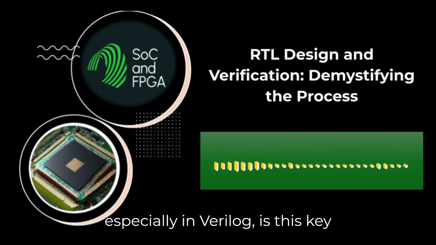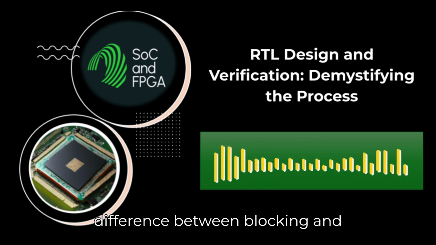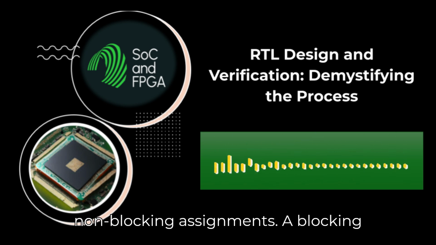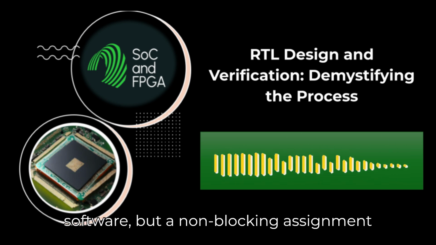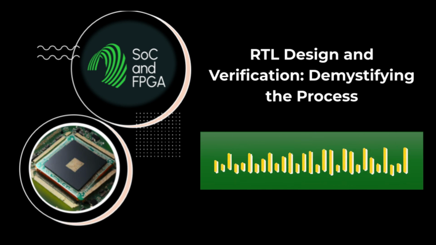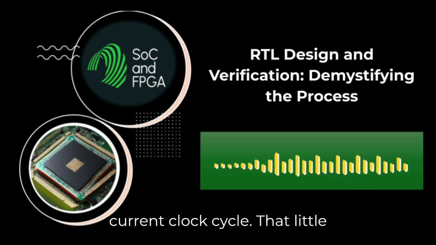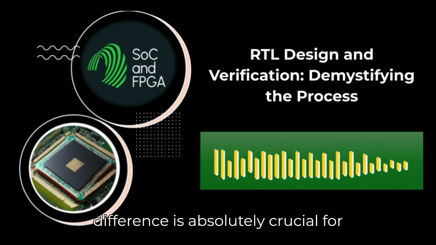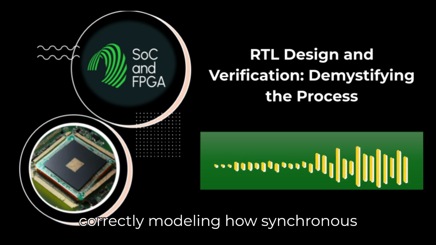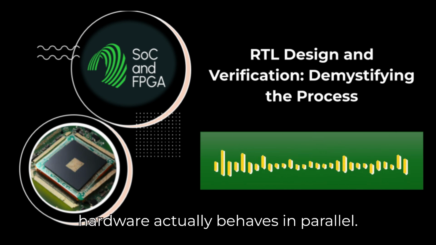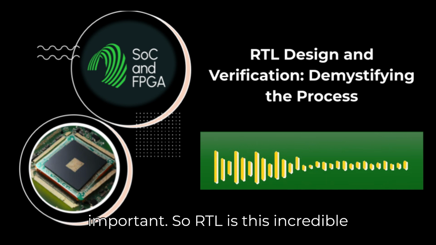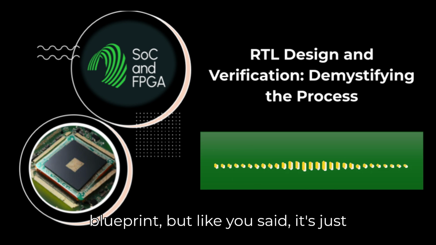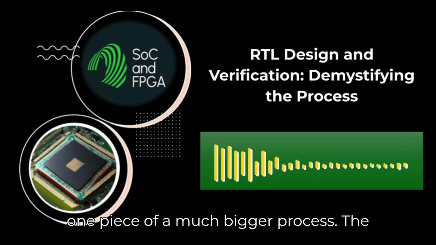What's really interesting, especially in Verilog, is this key difference between blocking and non-blocking assignments. Okay. A blocking assignment happens immediately, like in software, but a non-blocking assignment schedules the update for the end of the current clock cycle. That little difference is absolutely crucial for correctly modeling how synchronous hardware actually behaves in parallel. Ah, subtle but important for timing. Very important. So RTL is this incredible blueprint, but like you said, it's just one piece of a much bigger